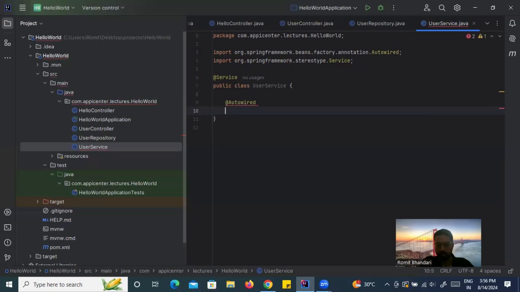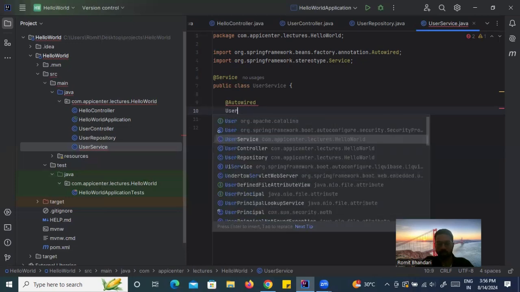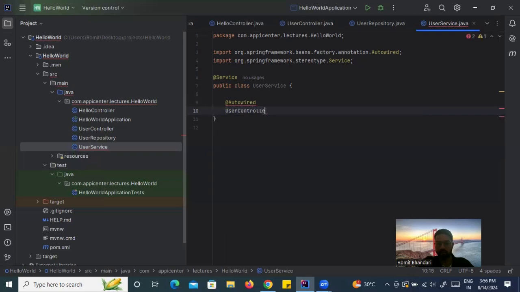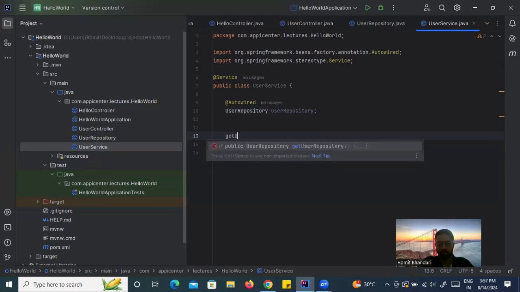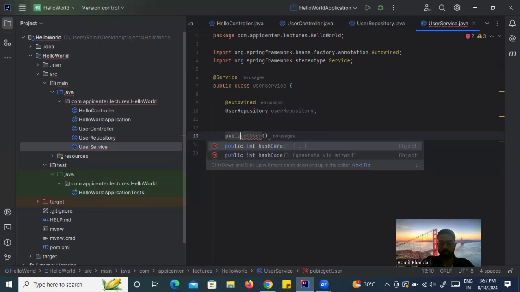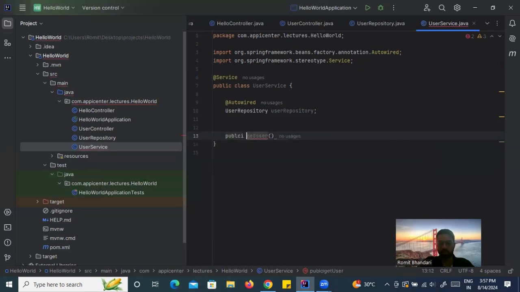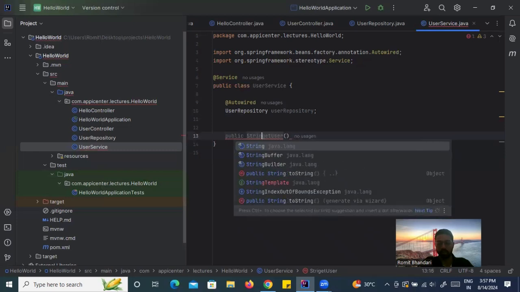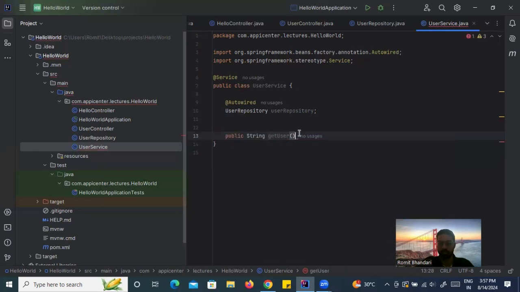So you have your user repository, then the function I'm defining inside the service class, again returns a string, get user,